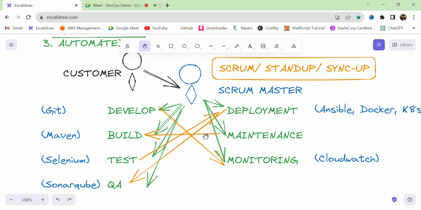So on a monthly basis, he started giving updates. After 1 year, not only did he get a product in less time, he got a good quality product. Ultimately the price reduced, because rather than having manual work, most of the tools were used. Rather than needing more employees, the work can be done by a few employees only. So ultimately the price got reduced, the quality enhanced, and the time to deliver the